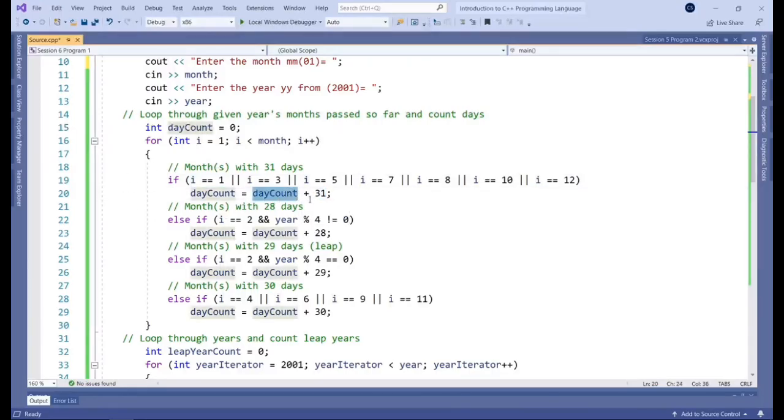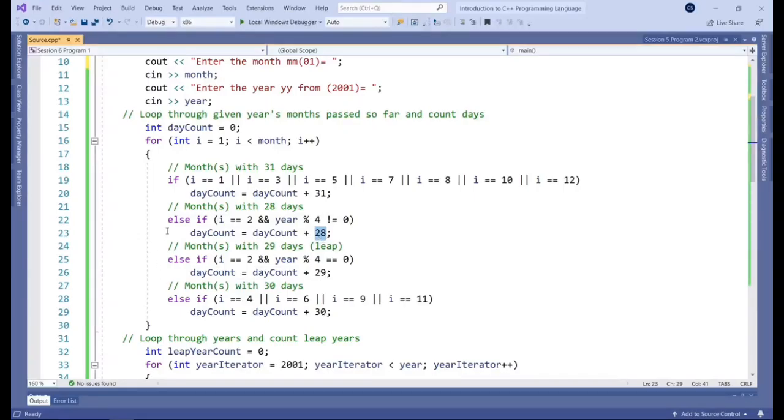Then the following month, we would look at it and see if it's a leap year, because actually we have here, if i equals 2, then it really depends on whether or not the year is divisible by 4. And then we determine if it's a leap year. And if it's a leap year, we add 29 days. Otherwise, we add 28 days to the count so far.